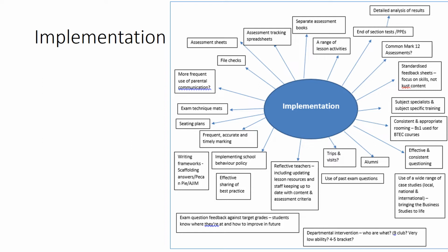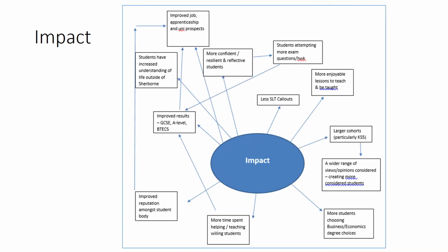We also supply support for students as they're doing work independently to help them get their ideas down and develop their best quality of work. When thinking about the impact we've had, you can see the range of our ideas here. Our approach in terms of organising the content, delivery of lessons and the active engagement has brought about a couple of these results. So firstly, we're now getting the right students onto the course, which has meant that students enjoy it more, they're more confident, resilient, reflective,